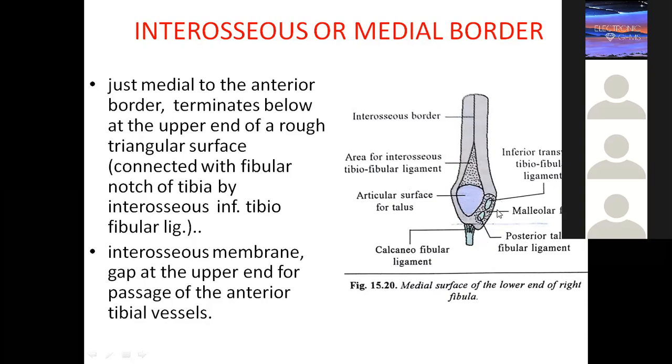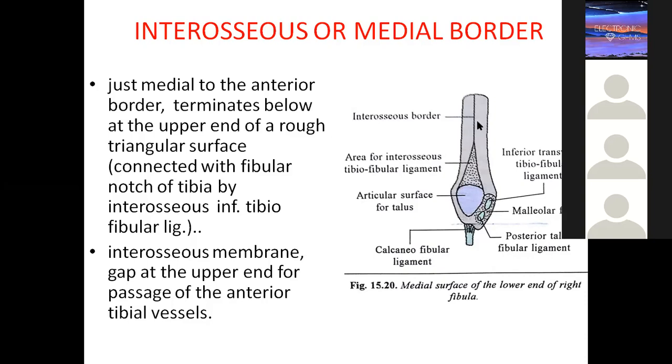Lower down, at the apex of the lateral malleolus, this is the lateral malleolus, this projection, you have one more ligament connecting the calcaneum bone that comes under the talus, and the fibula. Everywhere fibula comes. Between tibia and fibula you call it tibiofibular. Between the talus and fibula you call it talofibular. Between the calcaneum and fibula you call it calcaneofibular. Try to make it simple.